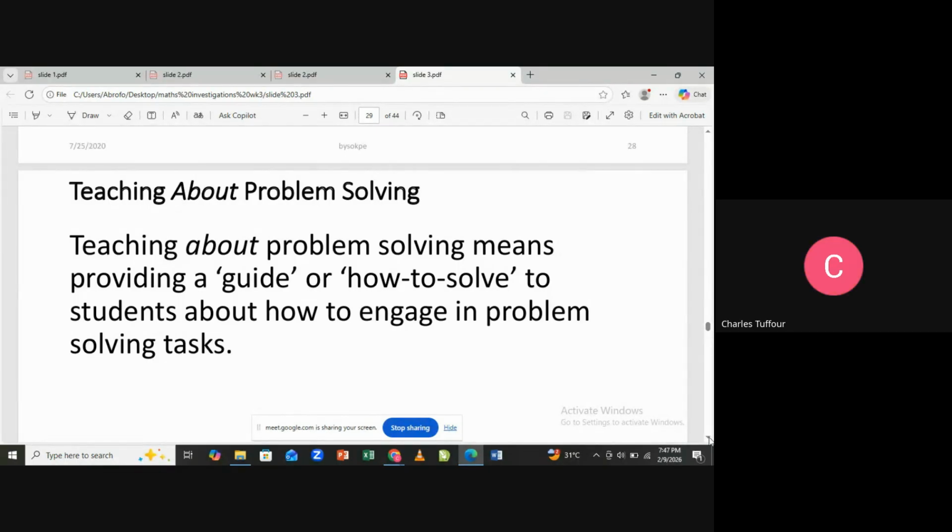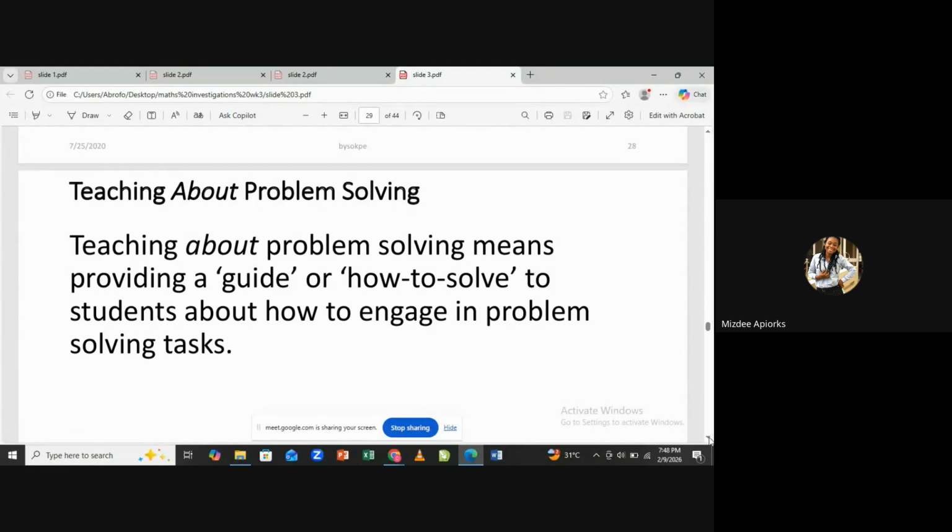Are you sure, teaching for problem solving? Are you sure? That is teaching about. Please, I have not taught you teaching about this evening. I said summarize what I have already told you: the teaching for problem solving. Summarize this for me. We just finished teaching for. Okay, so teaching for problem solving